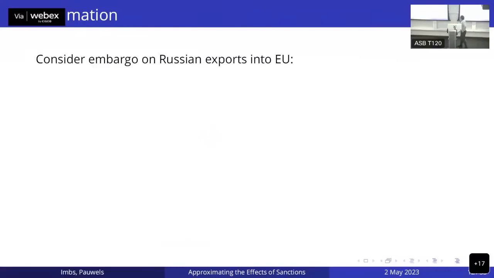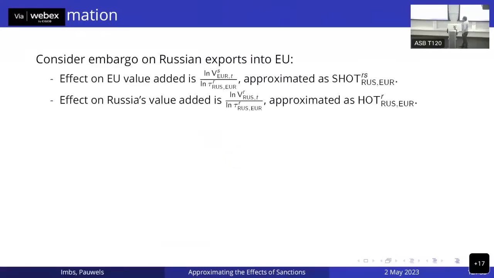Okay, so this is what we consider. We could consider a few scenarios. We're going to consider an embargo on Russian exports into the EU, right? And then we look at the EU value-added response to this, not having inputs from Russia. So this is the SHOT measure that I mentioned earlier. And then we look at what the impact is for Russia. Basically, we'll look at how Russian exports, direct and indirectly, are being affected by this embargo, and that's captured by